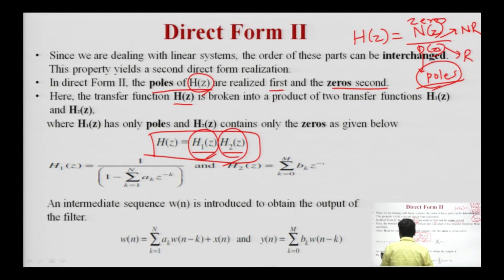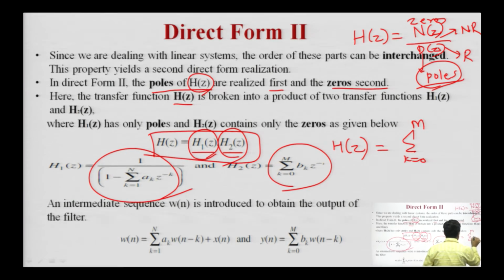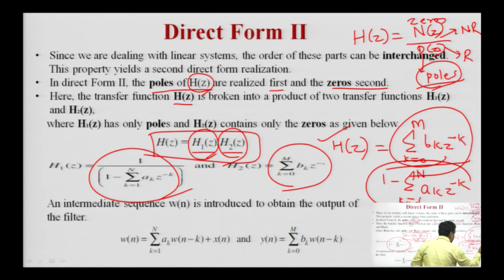So, again if the equation is, now I am breaking, this is your H1(z), this is your H2(z), and your H(z) was what it will be? हमने break किया है तो उसको किस form में होगा? ये summation of k from 0 to M, b_k z to the power minus k, upon 1 minus summation of k from 1 to N, a_k z to the power minus k. If H(z) is this, now this will be what? पहले recursive आएगा तो ये H1(z) हो गया, फिर non-recursive आएगा ये H2(z) हो गया. तो इस तरह से आपने H1(z) और H2(z) ले लिया.